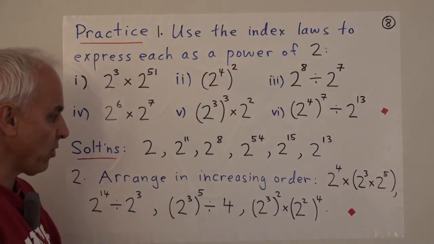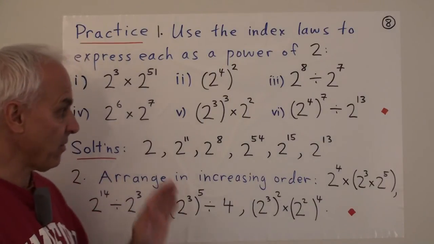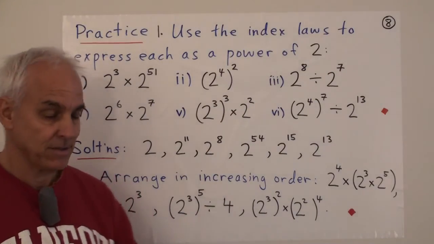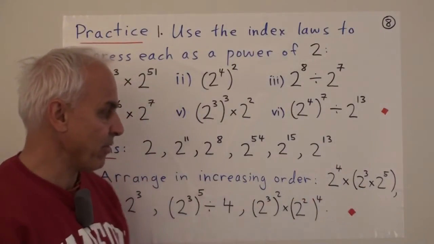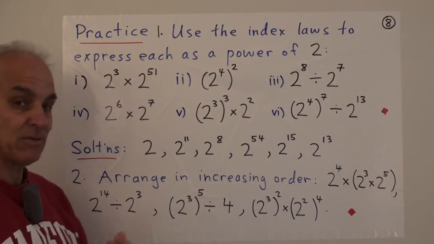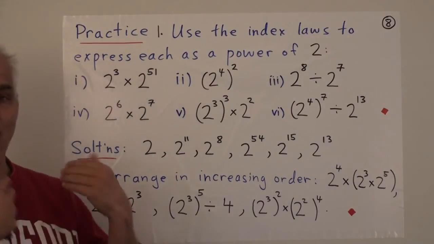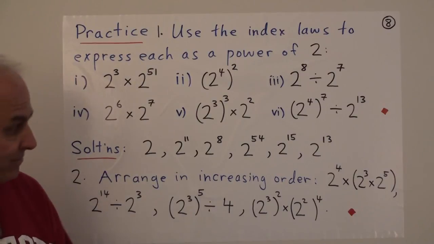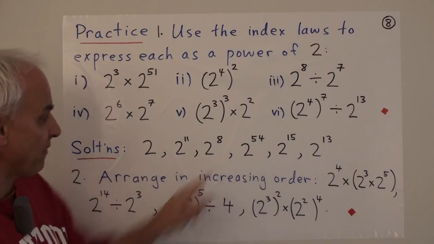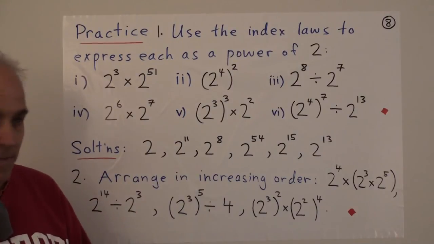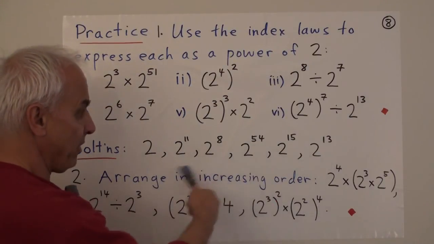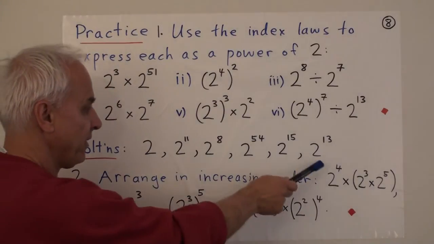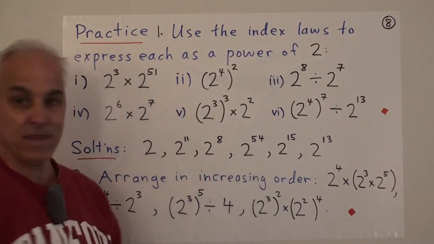So we want to arrange them in increasing order, and I want you to do it without a calculator. In fact, I want you to generally do all these practice problems without a calculator, if you can. I'm not asking you to evaluate these numbers numerically. It makes much more sense if you try to write each of those numbers as a power of 2, and then compare the various exponents of the powers of 2 that you get. In other words, you want to rewrite them in this kind of form where it's pretty clear which ones are the bigger numbers. For example, if the numbers happen to be this, it's pretty obvious this is the smallest one, and then this is the next one, and then this is the next one, and the biggest one would be that one.